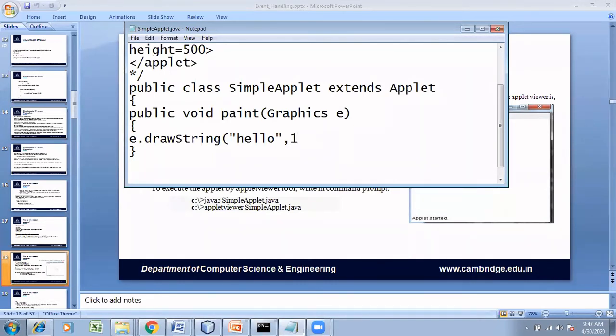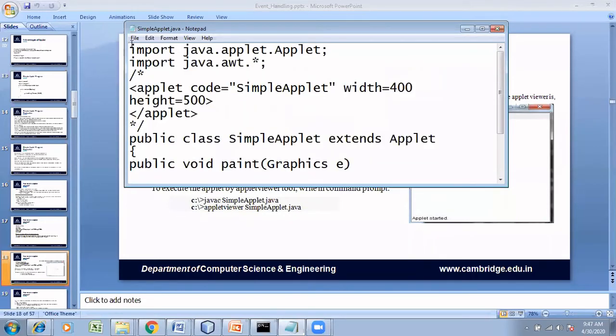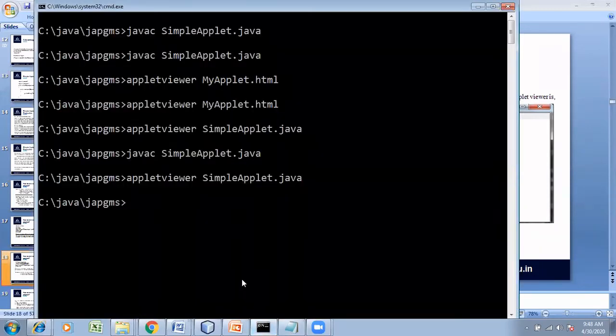So I'm going to print at the place 100 and 100. So I've just finished the simple applet program. Save it. Go to the command prompt. Compile it. And then after compilation is successful, you need to use applet viewer.